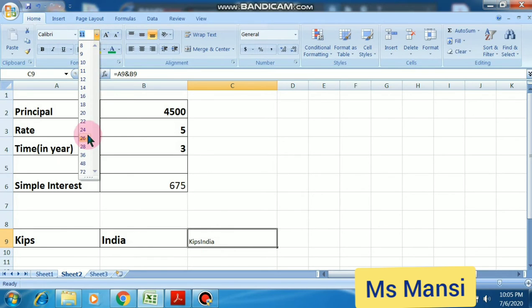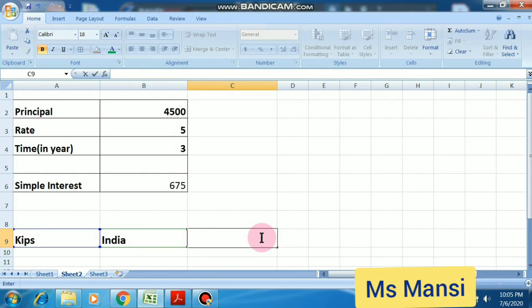If I increase the size, see here, these two values are joined. Again I will explain.